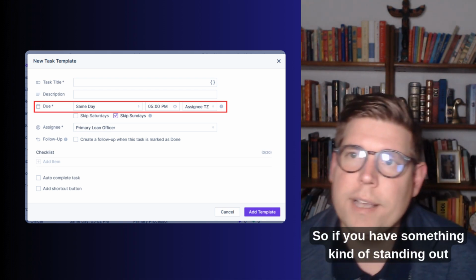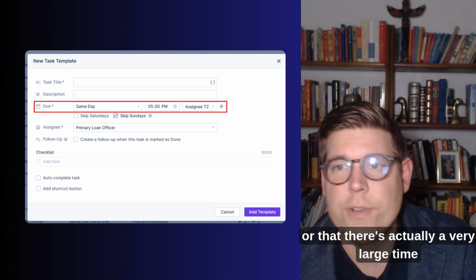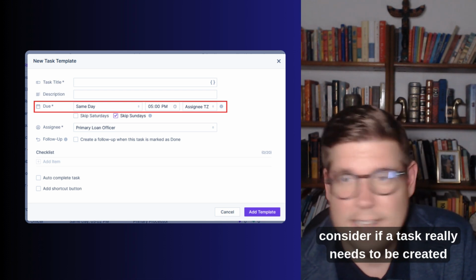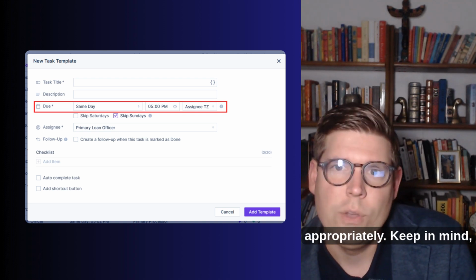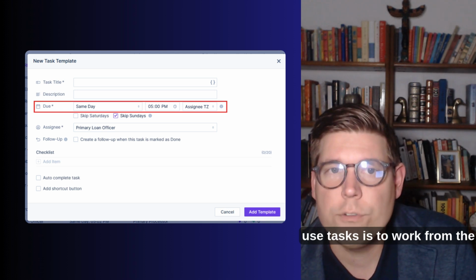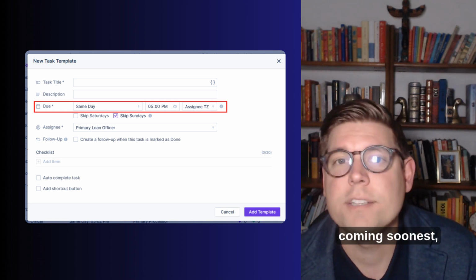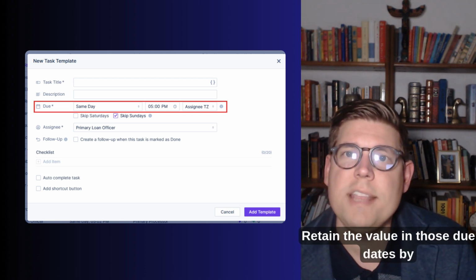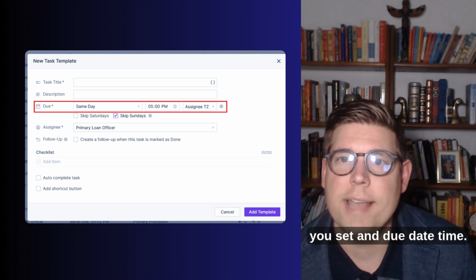So if you have something standing out that's low priority, or that there's actually a very large time frame where it can be done, or it doesn't matter if it's actually done, consider if a task really needs to be created for it, and push that due date out appropriately. Keep in mind, one of the most common ways your users are going to use tasks is to work from the most overdue or the task coming soonest, as opposed to sorting by other necessary criteria. Retain the value in those due dates by being very judicious about what due date you set